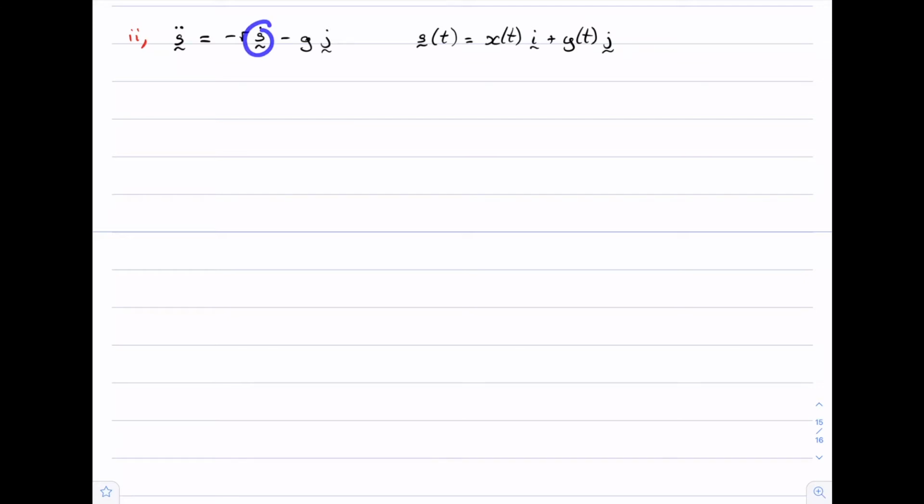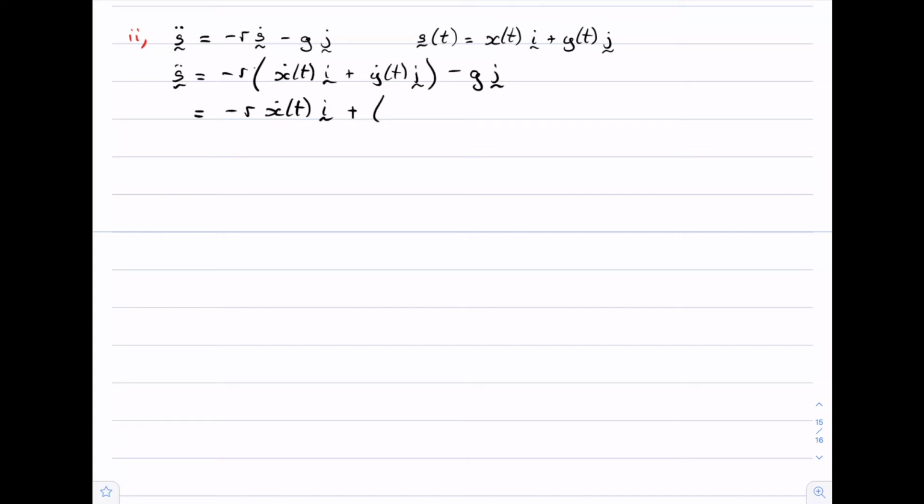Firstly, what is s dot? Well, s double dot equals minus r s dot. s dot would be differentiating s. So that means we need to differentiate this thing. So that's going to turn into x dot of t times i plus y dot of t times j minus g j. If we collect everything that's got to do with i's and everything to do with j's together, we get the following. Minus r x dot t times i